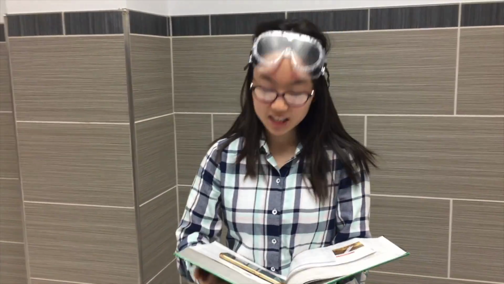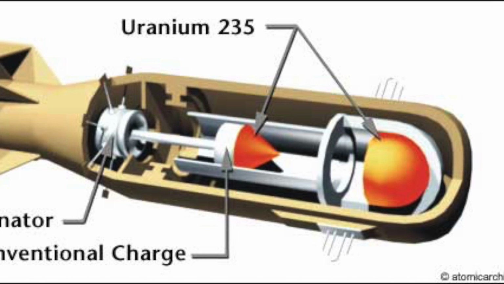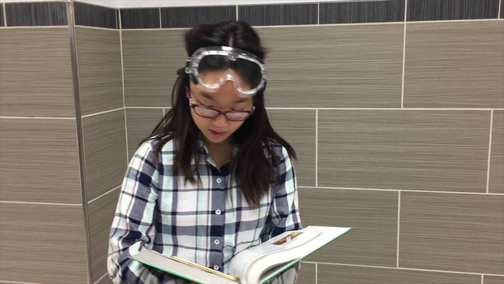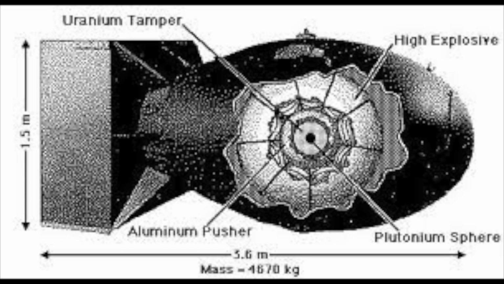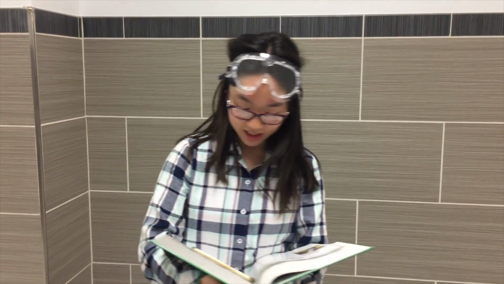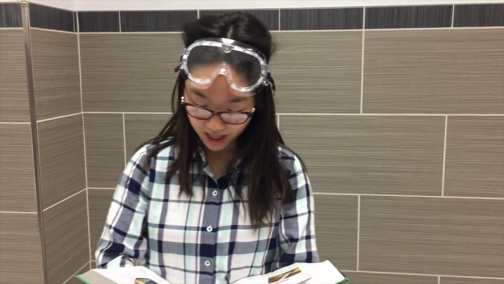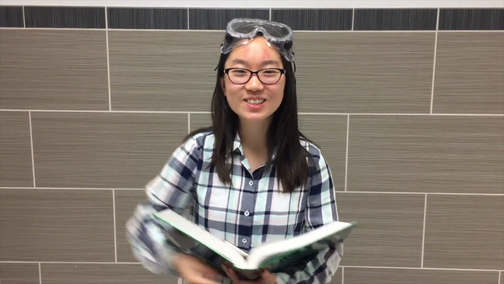In the Little Boy gun type bomb, uranium was shot through a gun at a uranium target, causing a critical chain reaction. In the Fat Man explosion, plutonium is surrounded by high explosive force that inwardly crushes the plutonium. The way the atomic bombs work was that the heavy nucleus split into smaller atoms and neutrons, causing an uncontrollable chain reaction that triggered massive explosions. Soon after, the US used these atomic bombs to quicken the end of World War II and the Japanese surrendered. That's all for today for our history lesson. Now back to Trace in the studio.